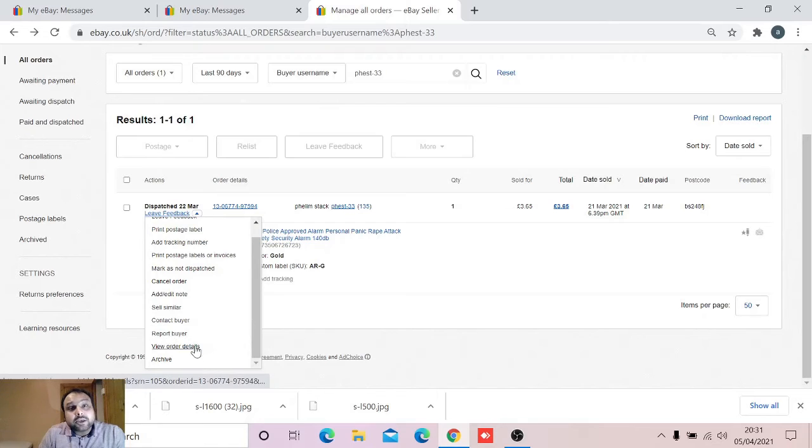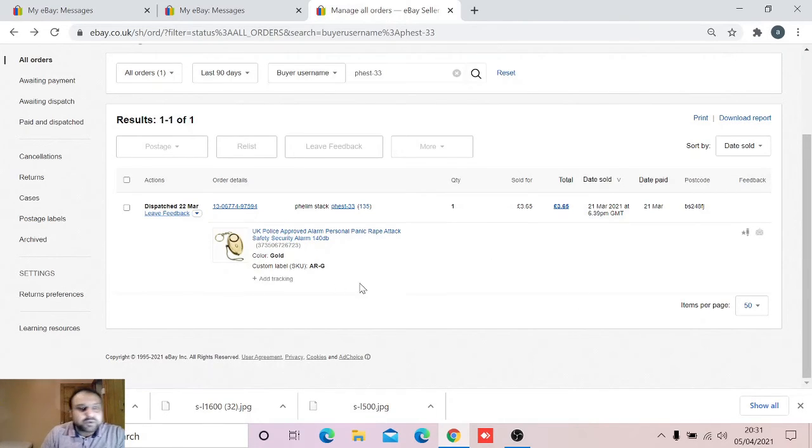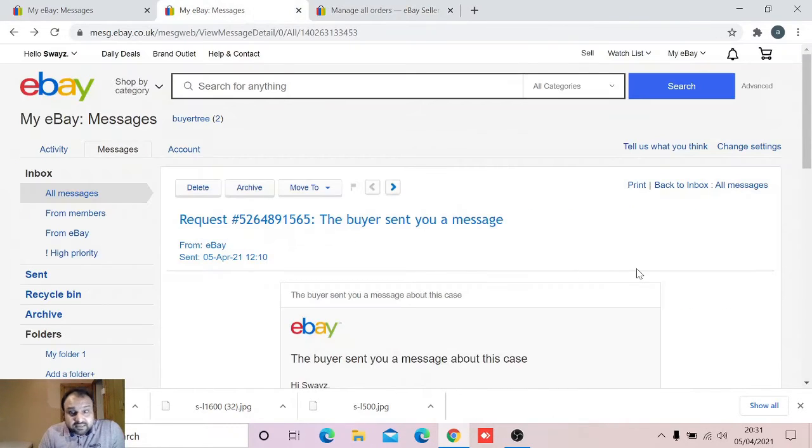So in your case, if the customer has not opened the case, you can send a refund. The option will be here, send refund. On the next window, you are going to select the reason. You are going to write the reason: the buyer has cancelled, or the buyer wants the refund, or the buyer is going to return. There are a couple of questions like which option you need to choose in the drop down menu. So select that and put the price, whatever you want to put the price for refund.